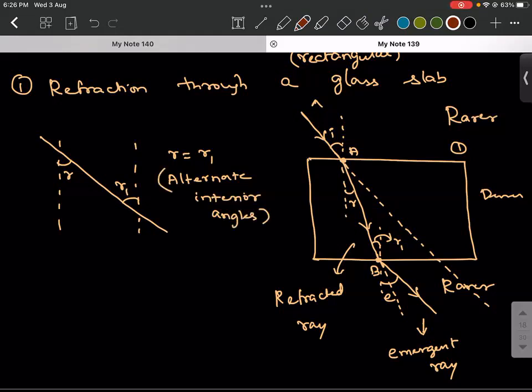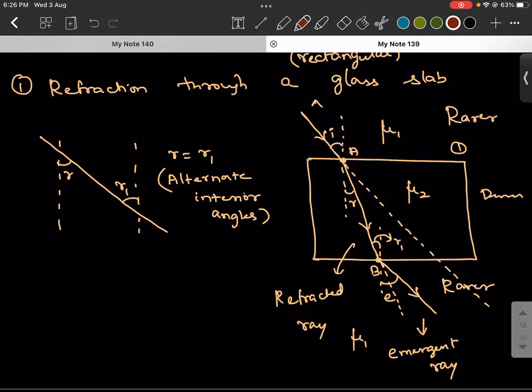Right? So can I take it to be alternate interior angles? Yes. So if I take the outside medium to have a refractive index of mu1 and the glass slab a refractive index mu2, and again the outside medium to have the refractive index mu1,